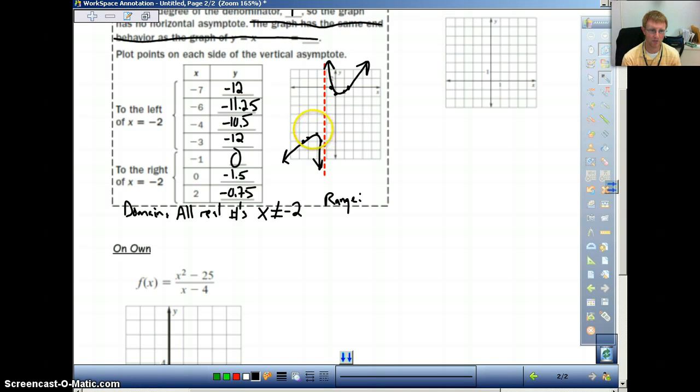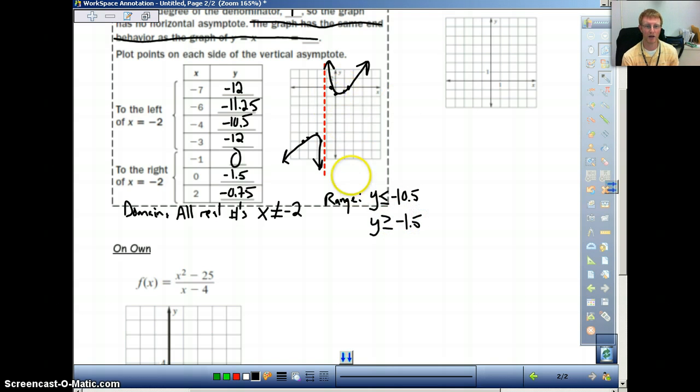So I'm going to approximate that this one is at a -10.5 because that's as high as we go. So therefore, y will be less than or equal to -10.5. Why? Because we're starting at -10.5 and then we go straight down. And then we also have to do this one up here, and the lowest point there is -1.5 about. So I'm going to say y is greater than or equal to